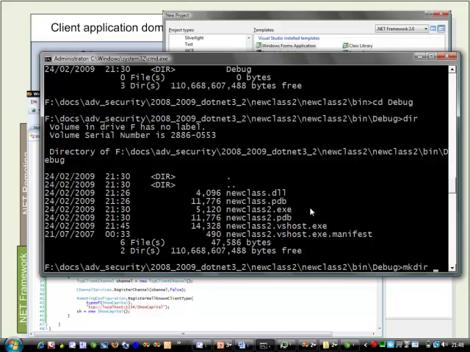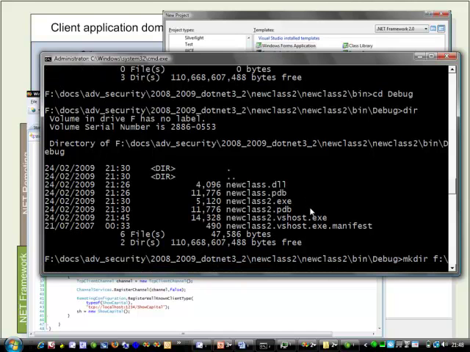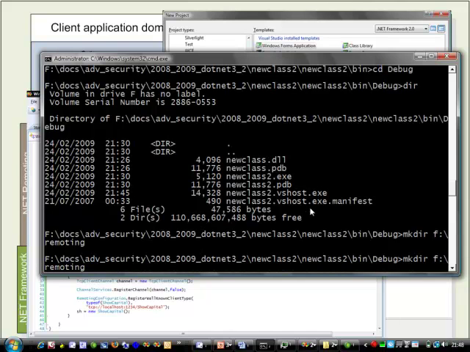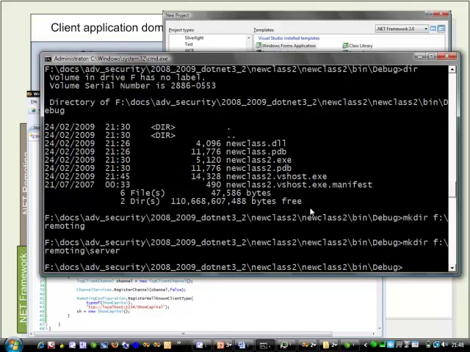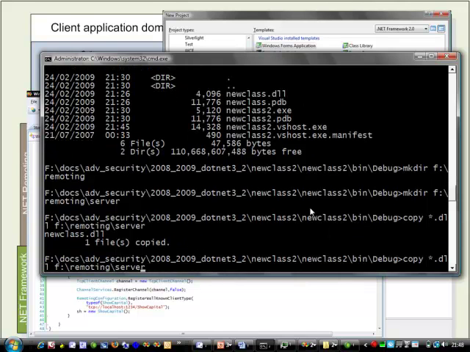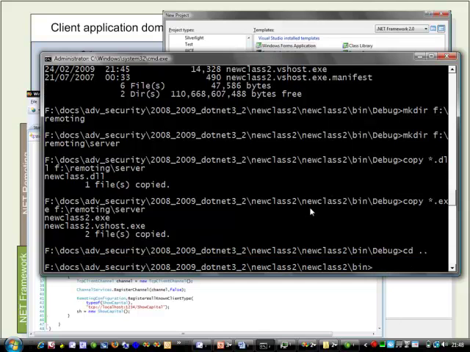So if we wanted, we'll just make a directory called remoting, and we'll make a directory within remoting called server. So we'll copy star.dll into f:\remoting\server, and we'll copy our exe into there too. Okay, so now what we can do is that if we want,